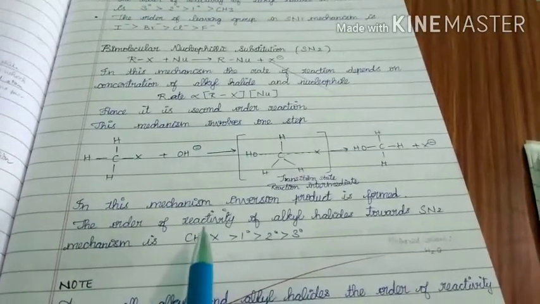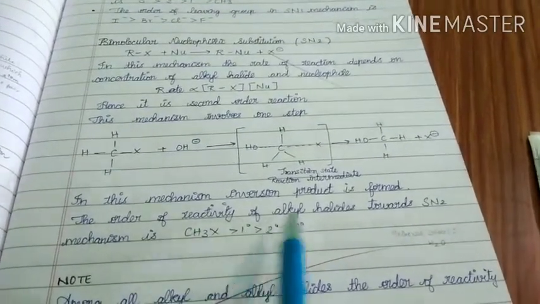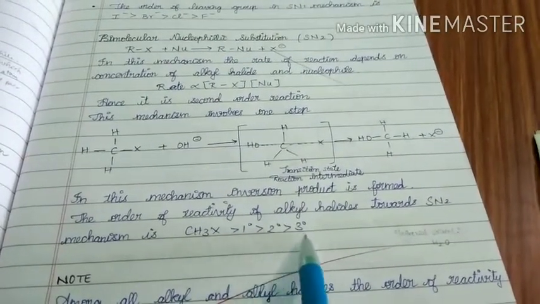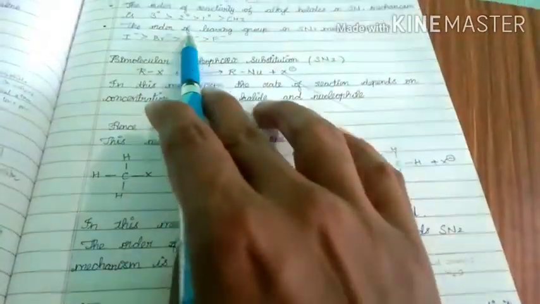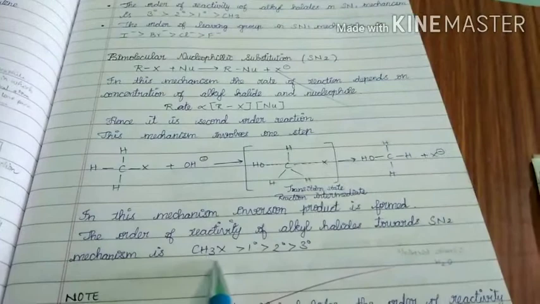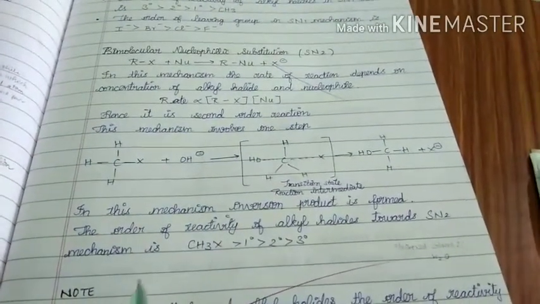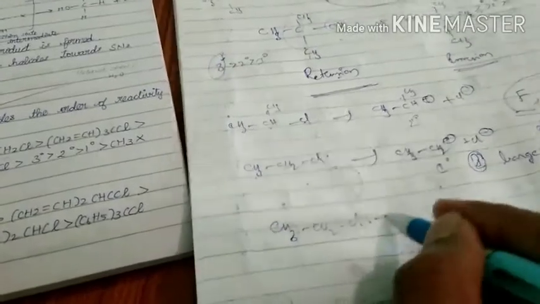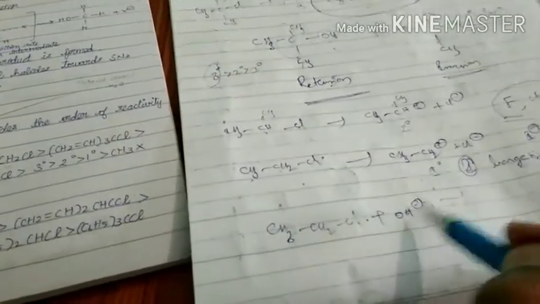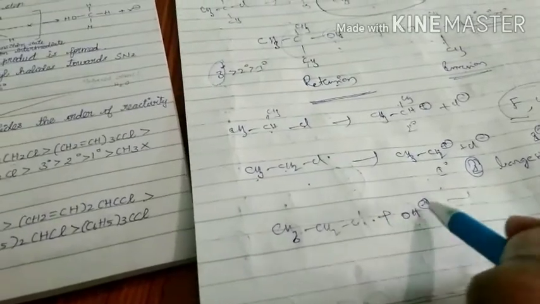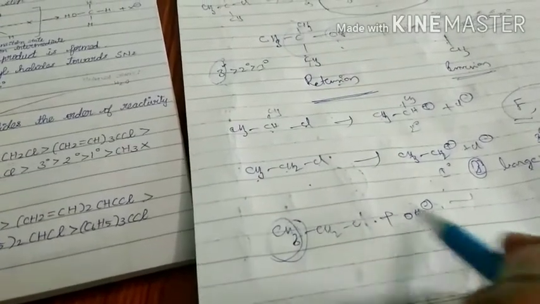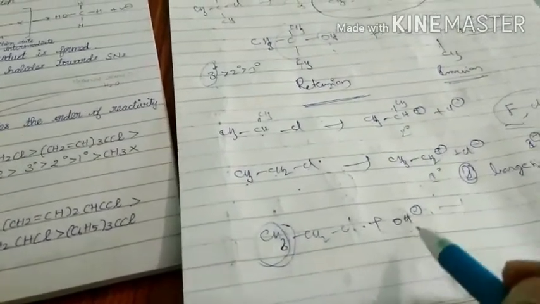Next, the order of reactivity of alkyl halides towards the SN2 mechanism is methyl halide more than primary, than secondary, than tertiary. That means exactly the opposite. If you take a methyl halide, the rate of reaction will be fast. If you take a primary alkyl halide, suppose CH3CH2Cl, in the SN2 mechanism backside attack takes place. Here a methyl group is present at the back. Some repulsion occurs here also, so attacking is somewhat difficult. Attack takes place, but with some difficulty.